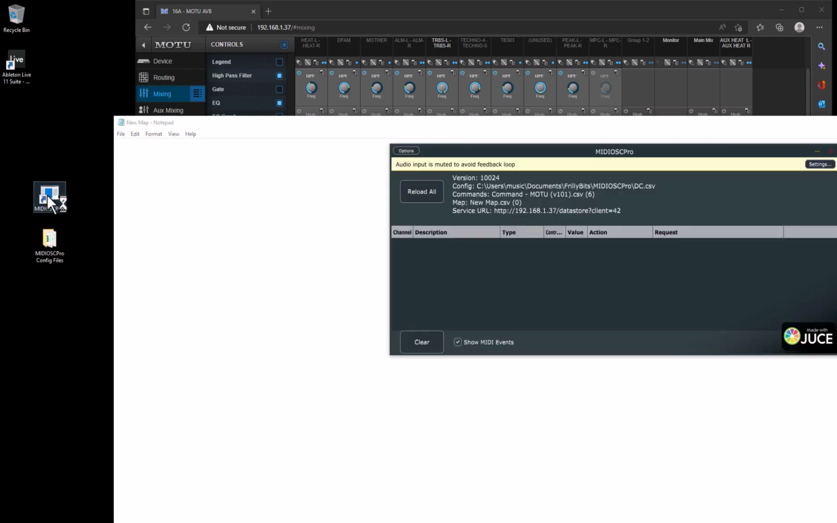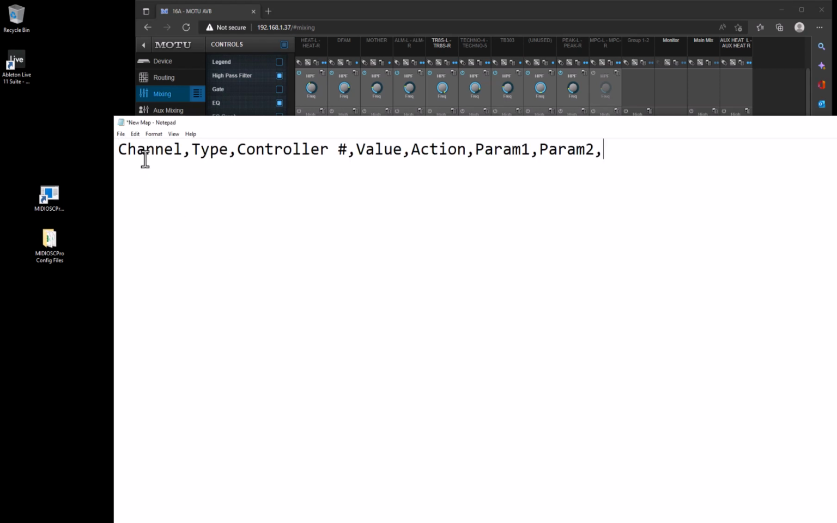So now when we launch MIDI OSC Pro, you can see that as it's loading this device configuration, it's loaded the commands for the MOTU and it's loaded this map file. This number here indicates there's currently no mapping set up. Now the way that this map file works is we define various settings. We define what MIDI events to listen for and what action to take when one of those MIDI events is detected. So we do this by defining a number of columns: channel, type, controller number, value, action, param 1 and